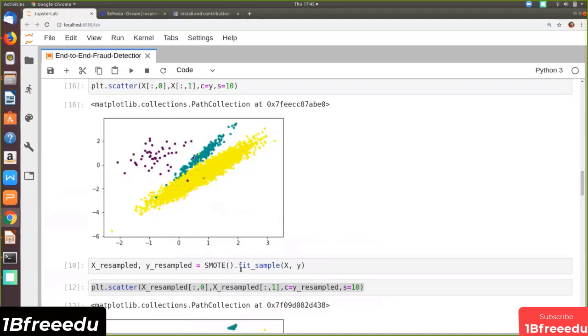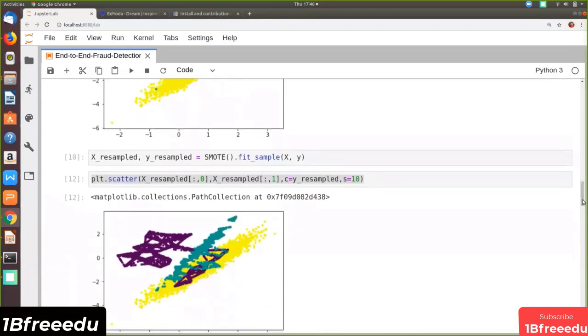If you use SMOTE, what I discussed is it will try to infer more data out of what you have. It will try to generate something in the middle of these points and name it this particular class. So SMOTE fit_sample on current X and y will generate new data. The new data distribution will be the same now. As you can see in this case, it has generated a lot of purple data, a lot of blue data, yellow. So the number of data points for all the classes is the same. So this is SMOTE.